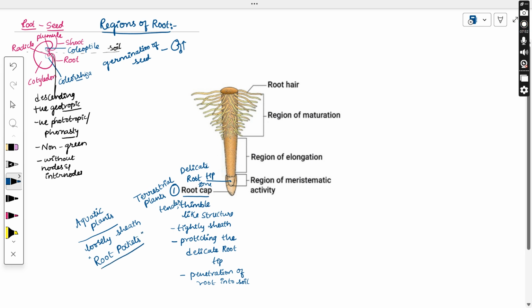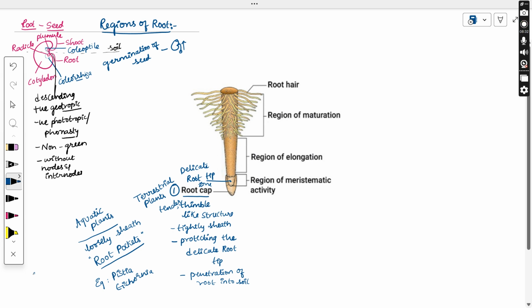So what are the root pockets? The root cap in the terrestrial plant is a cap-like structure which is tightly bound to the root tip as a part of protection. Even in aquatic plants, you can find the root pockets, which are loosely bound layers. It appears like a root cap, but it is loosely bound, whereas the root cap is tightly bound. Aquatic plants like Pistia and Eichhornia have root pockets. In all the terrestrial plants, you can find the root cap. Now,